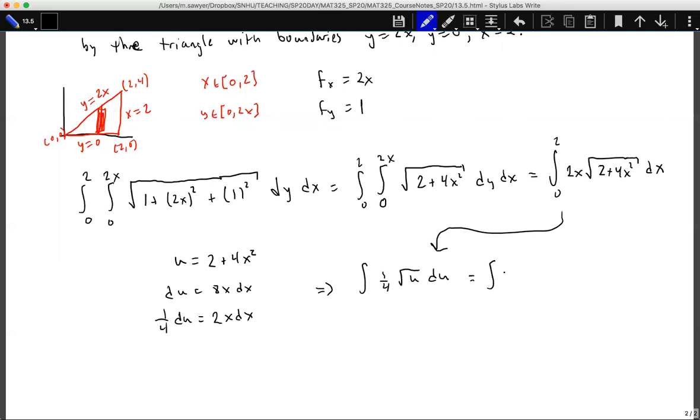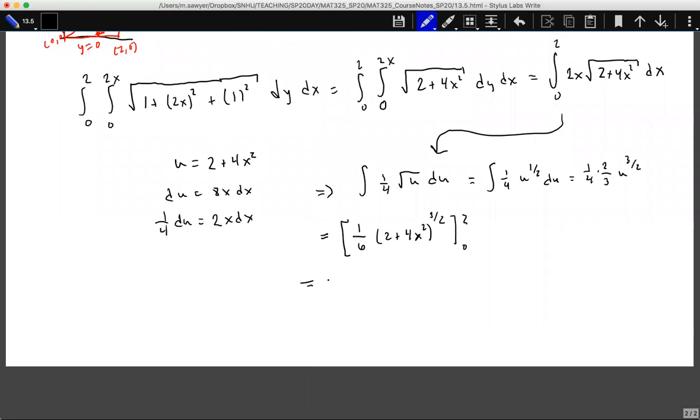If we rewrite it as 1/4 u to the 1/2 du, we see this gets us 1/4 times 2/3 u to the 3/2, which we can then substitute back in our bounds. So we get 1/6 times (2 plus 4x squared) raised to the 3/2 power, evaluated from 0 to 2. So doing our evaluation here,